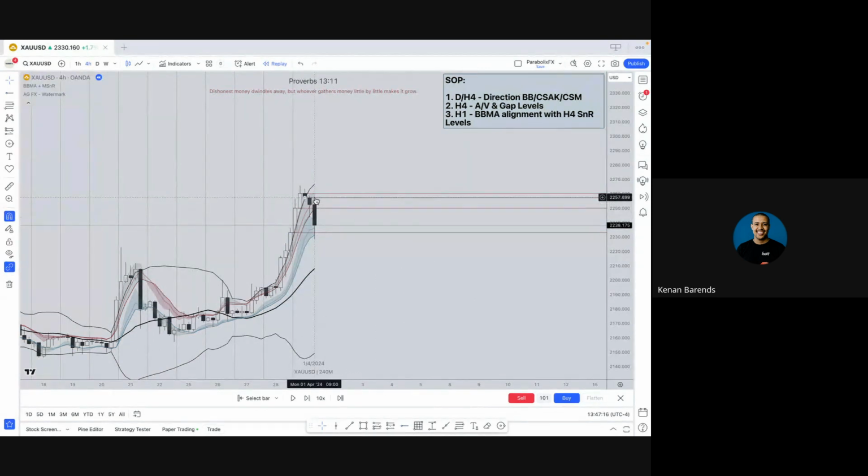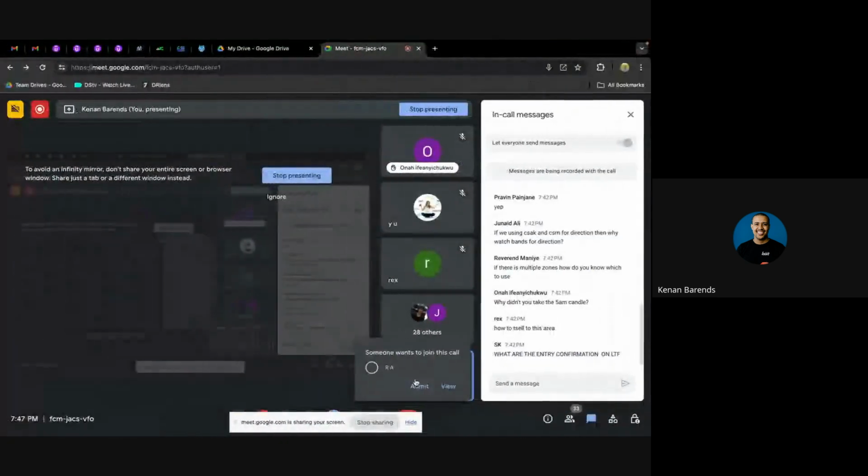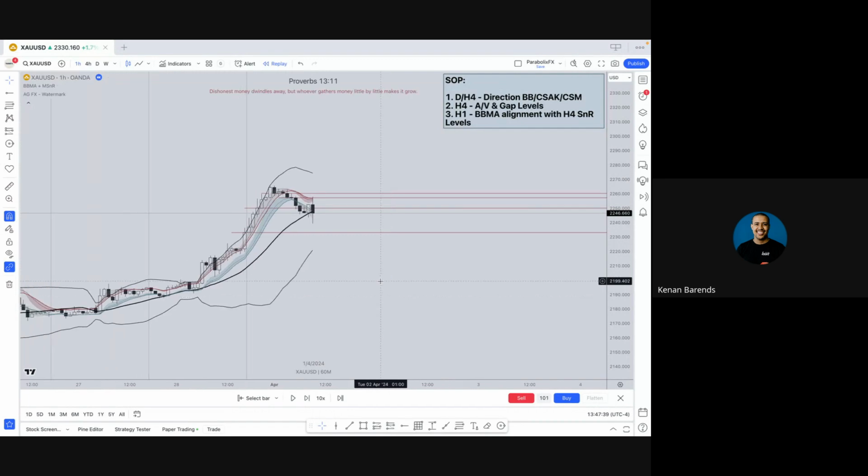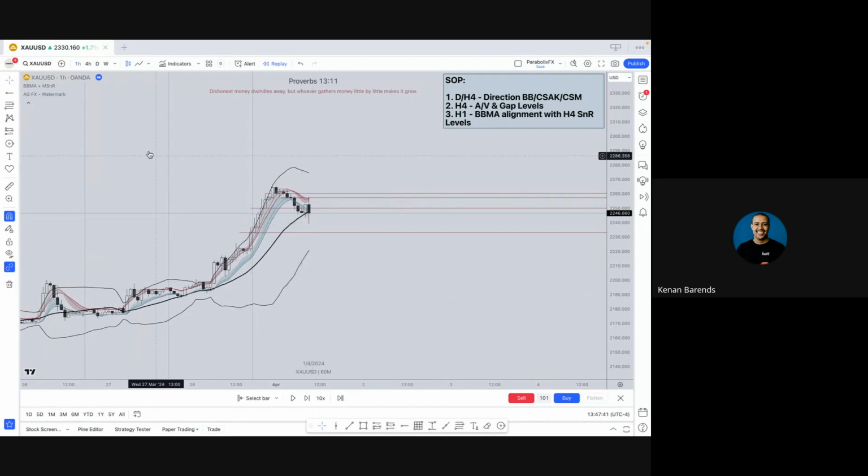So we took the short from up there. Price came over here, right? Because we had a CSM, and we are saying whenever we have a candlestick momentum, we are taking the re-entry at the blue moving averages, the low moving averages. So what is over here on the 1 hour? We don't really have a zone from there. So I'm not taking that trade because we don't have a zone. We don't have